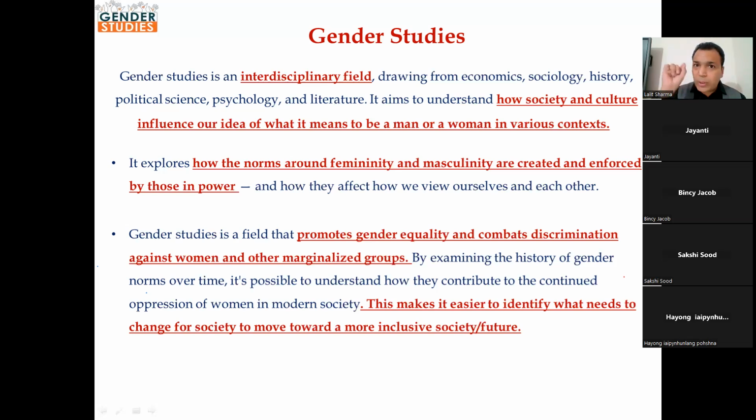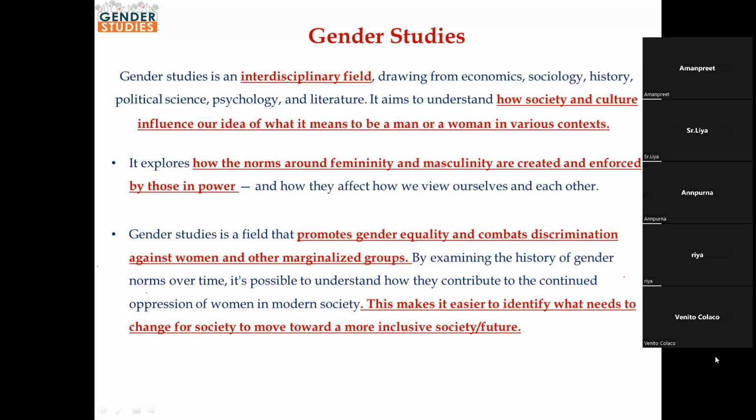Here we are not talking about women empowerment, but we are talking about the upliftment of the marginalized society, like SC, ST, OBC, right? We are talking about disabled persons. This is the gender study basically, right, guys? So in the next slide,